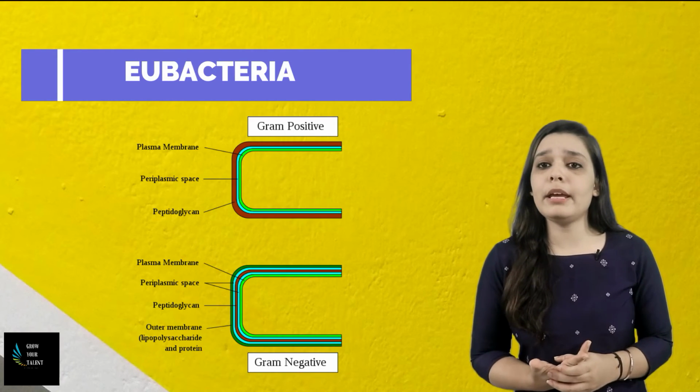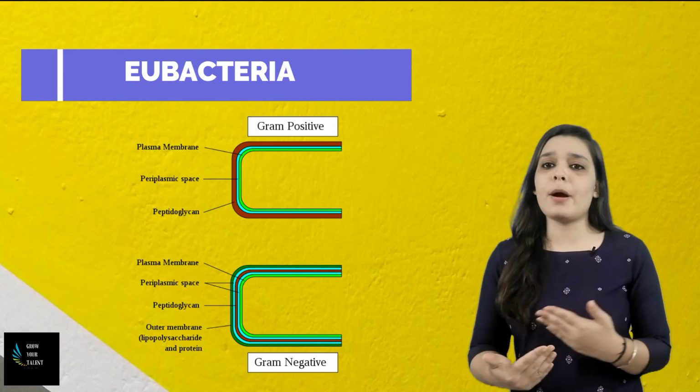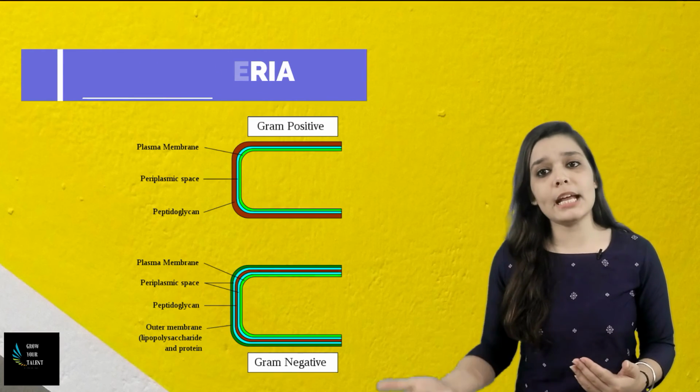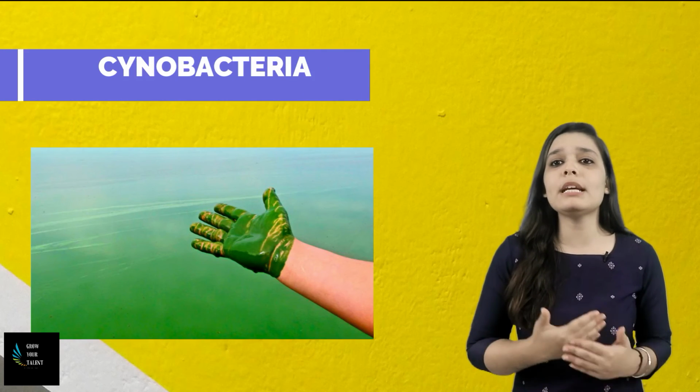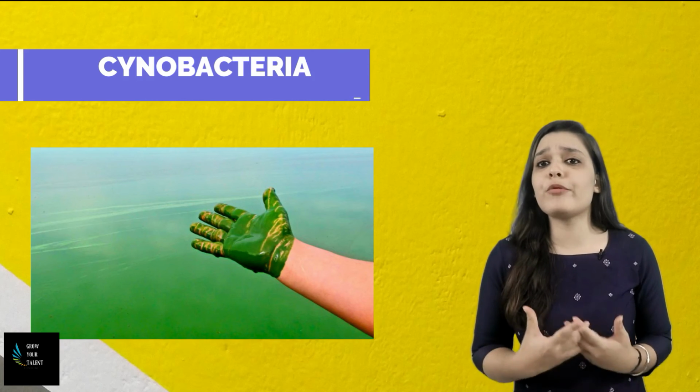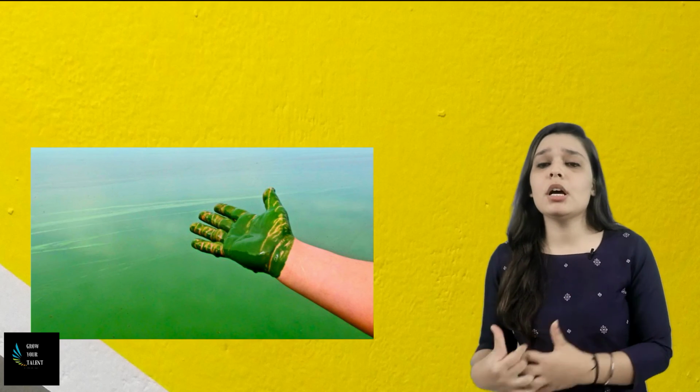Second category is eubacteria, also known as the true bacteria, and they can be further categorized into gram-positive and gram-negative bacteria. The third category is the cyanobacteria, which is also known as the blue-green algae. These bacteria are photosynthetic in nature. This was the